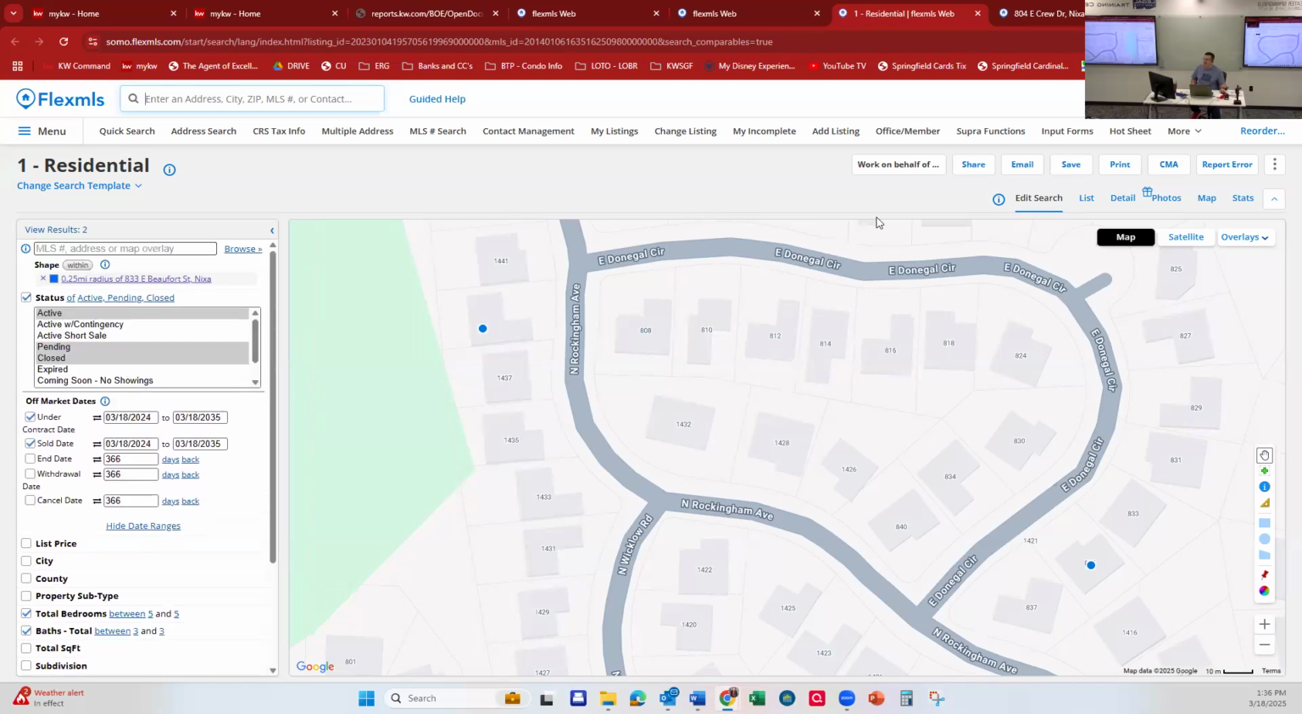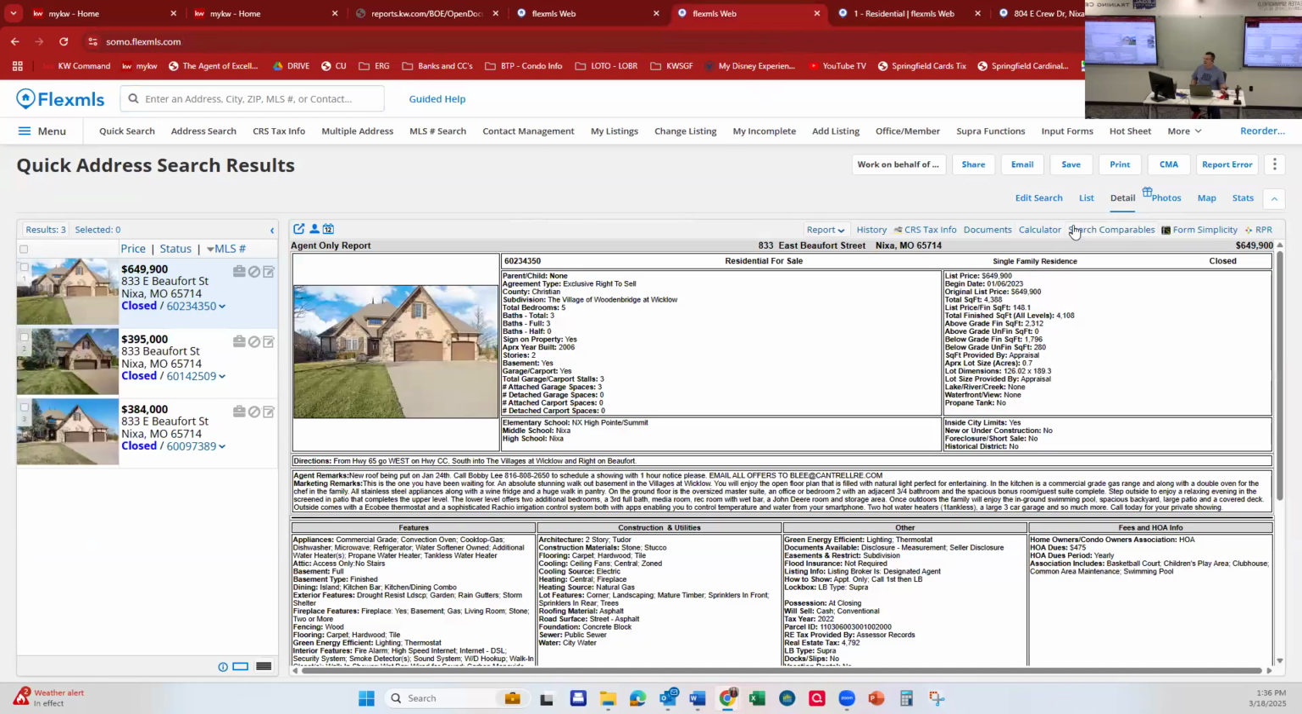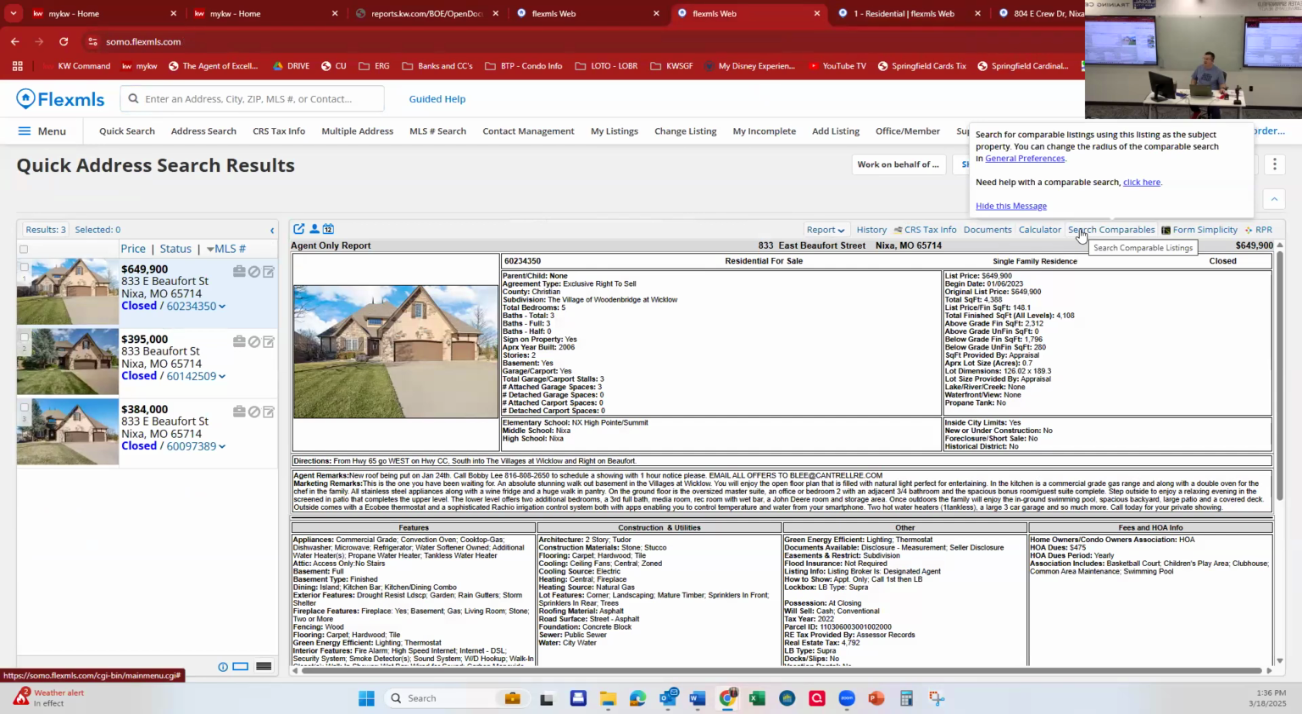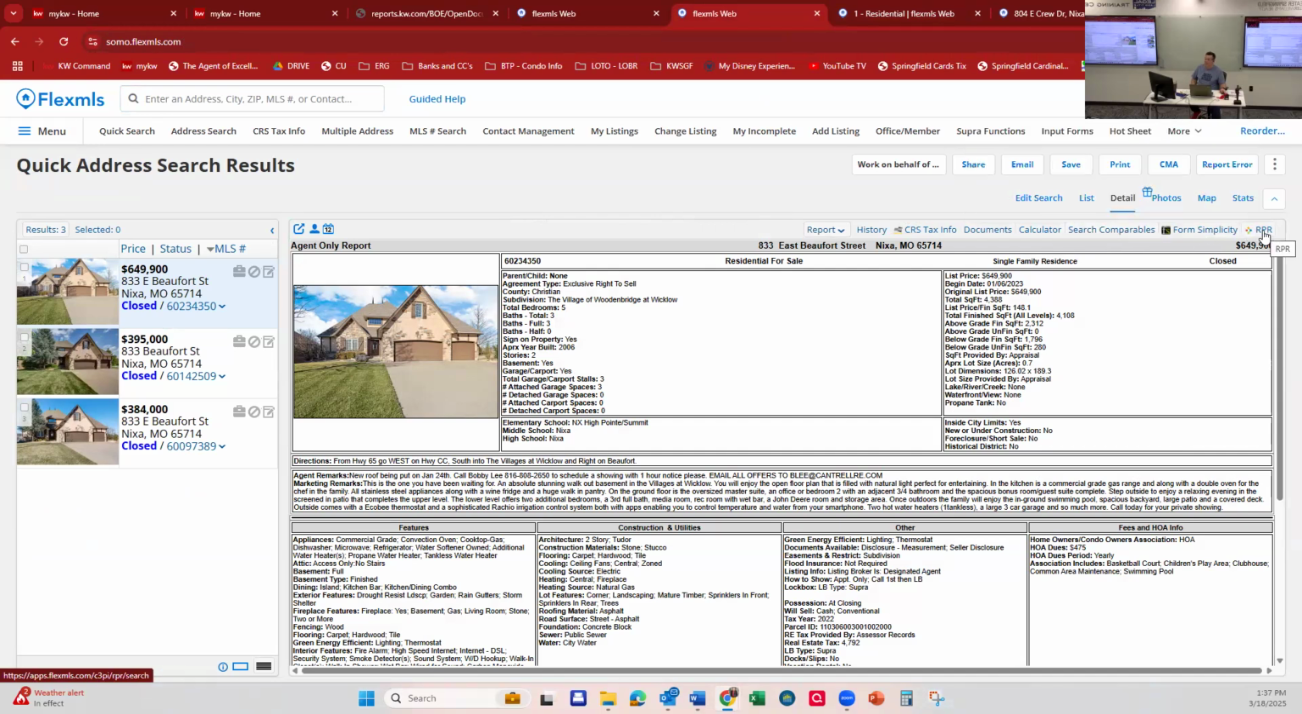What did you click on before you went to that? I was on the map, Search comparables, and you just hit search comparables. I don't have that. Well, if you don't have search comparables on there, go to the right and hit more, and then you'll find search comparables. And I know a lot of people that like to use RPR, because when you click it,